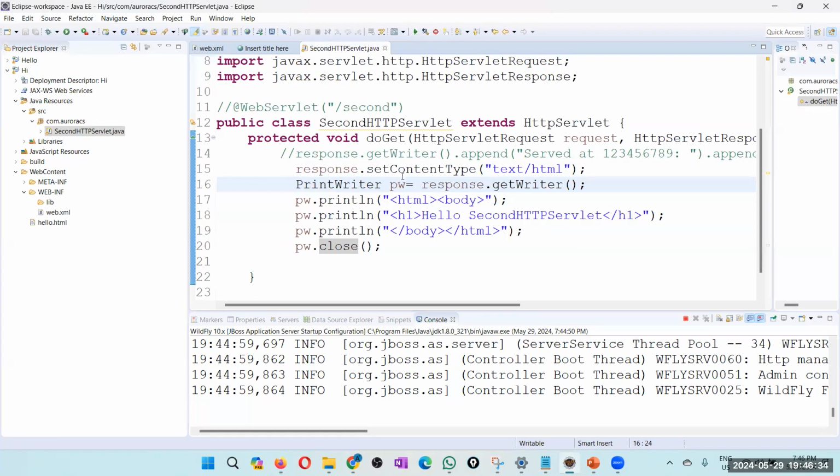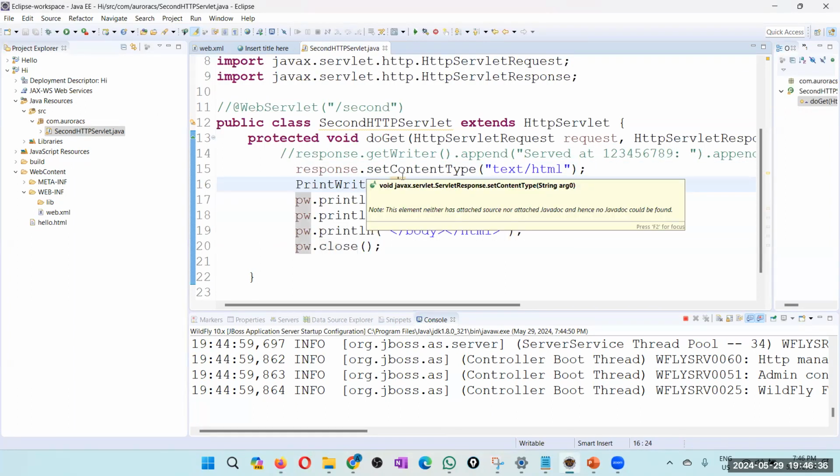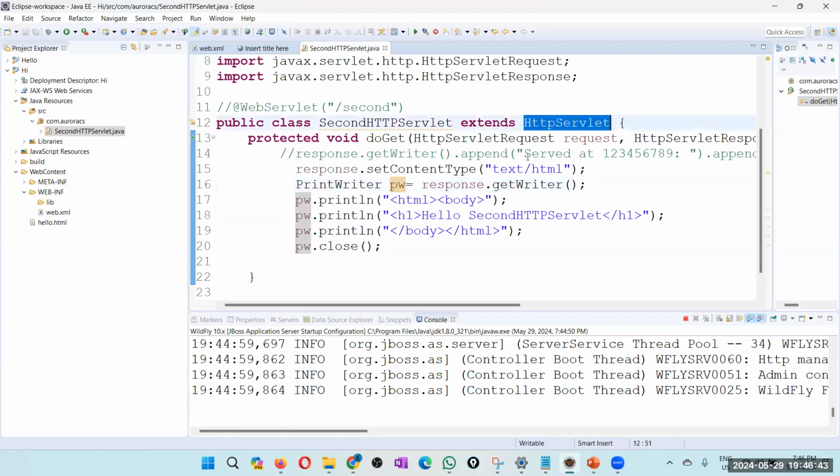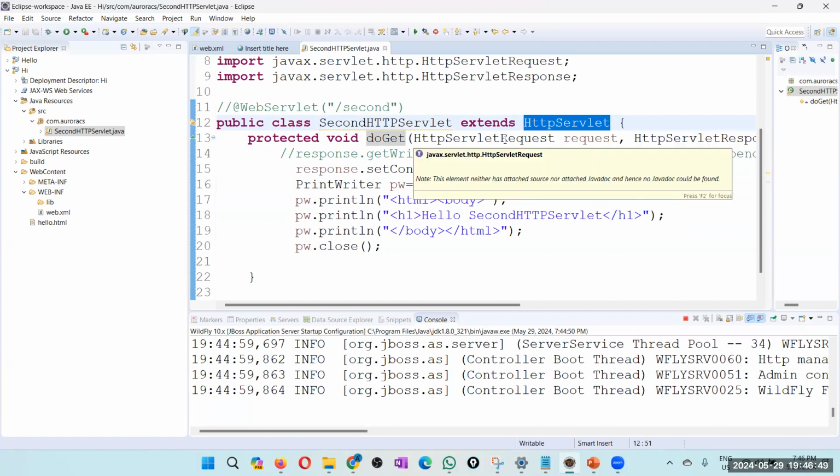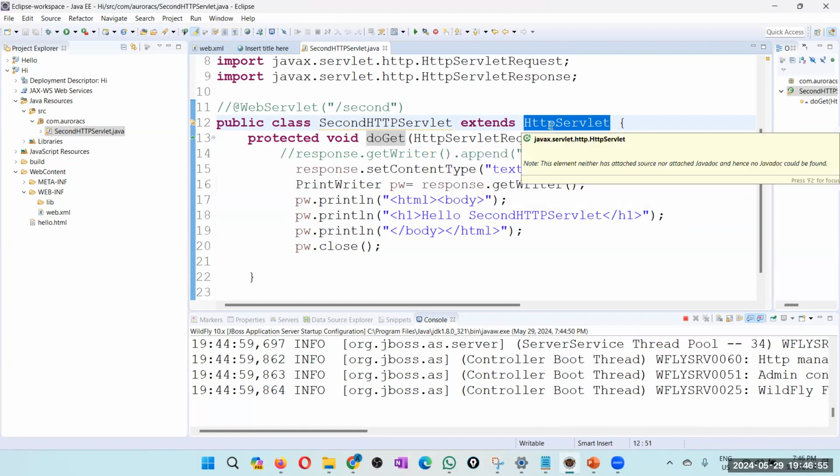Right. So that is a very simple HTTP servlet. One approach is to extend the HTTP servlet class, which is the normal and easy approach. Most of the time, software developers and web developers extend HTTP servlet. But when they developed this API,